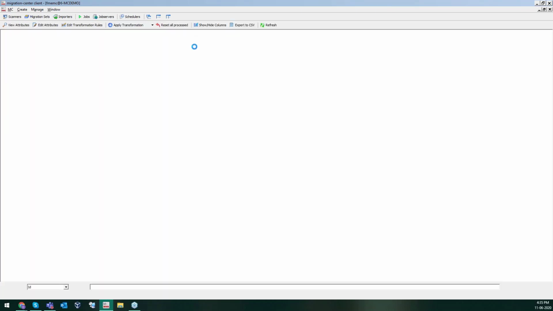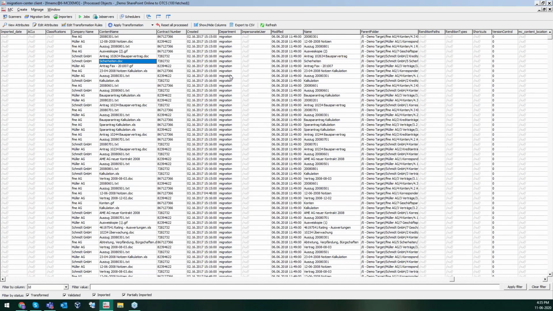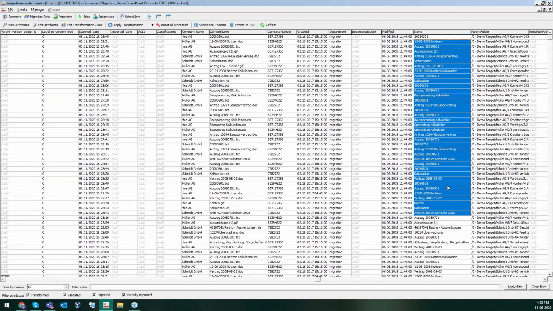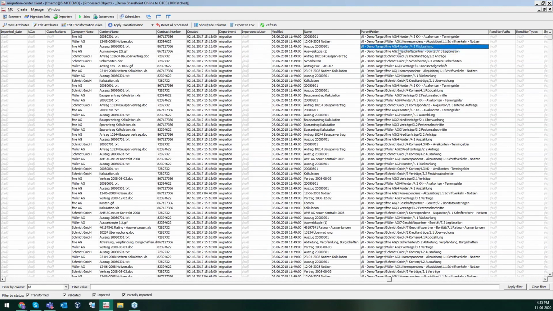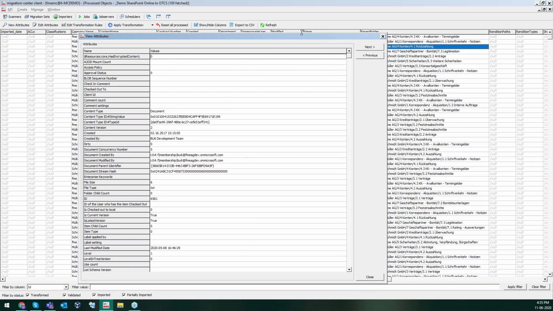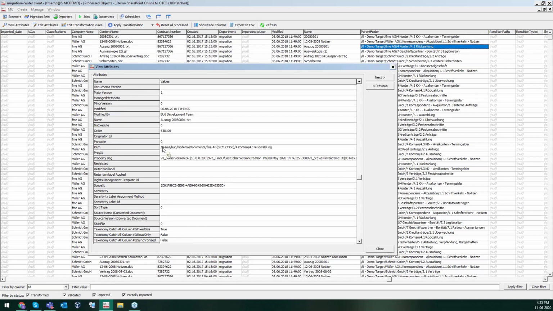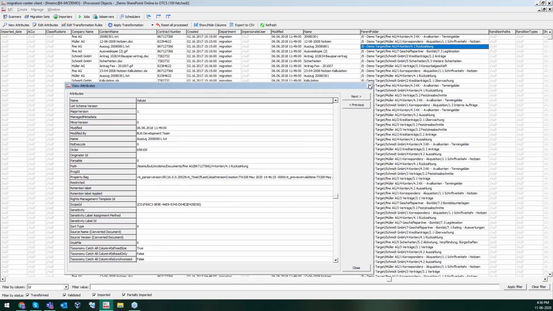So here we're going to see basically what the results of our transformation rules are. We have the name of the objects, and the parent folders, which is quite different from the source value of the path. I also opened the source attribute. If we take a look at the path metadata, we can see it's slightly different from the one we have now. And these changes have been done with the transformation rules,